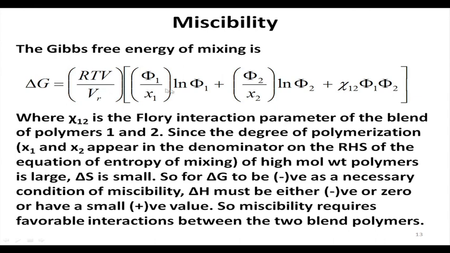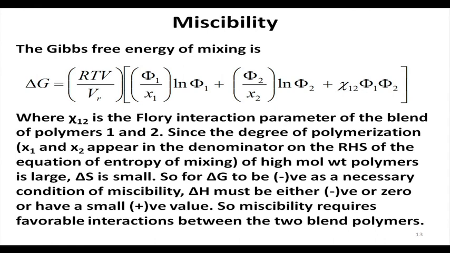the Gibbs free energy of mixing is given by this relation: delta G is equal to RT V by V R into phi 1 by x 1 ln phi 1 plus phi 2 by x 2 ln phi 2, plus an interaction parameter has been introduced in the third term, chi 1 2, the interaction between component polymer 1 and component polymer 2, times the product of the volume fractions of the two polymers, phi 1 and phi 2. This interaction parameter is nothing but the interaction of one polymer molecule with another polymer molecule